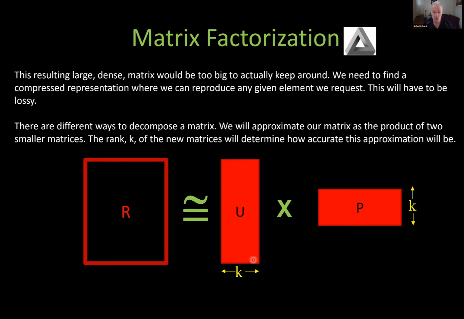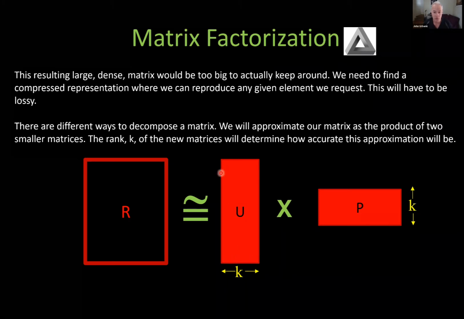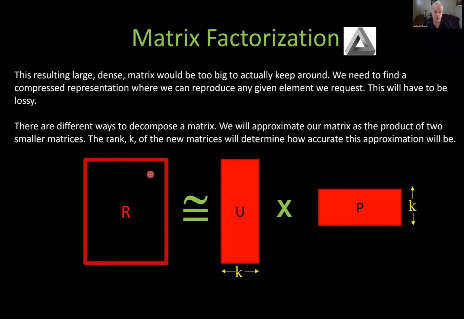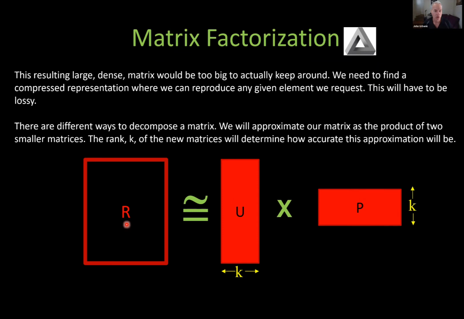Common sense tells us we could reduce this K all the way down to 1. So we've got 1 column here, and we've got 1 row, and that's going to give us 1 element to multiply for each one of these things here. Obviously, we can't reproduce all the data that was in this original matrix. So we're going essentially with a lossy compression scheme here. So I hope everybody's at least comfortable with that matrix multiply scheme, that you multiply the appropriate row and column from these 2 matrices, and that means we can make these matrices much smaller here, but we're not going to be able to recapture the original matrix.